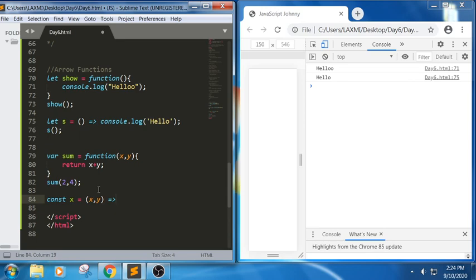In this I'm trying to write variable s constant x. In this I'm trying to return this. If we have only one statement, you can skip this. Let me put, yep, done. And we should be able to call this, right? 2 comma 4. Both have the same syntax.